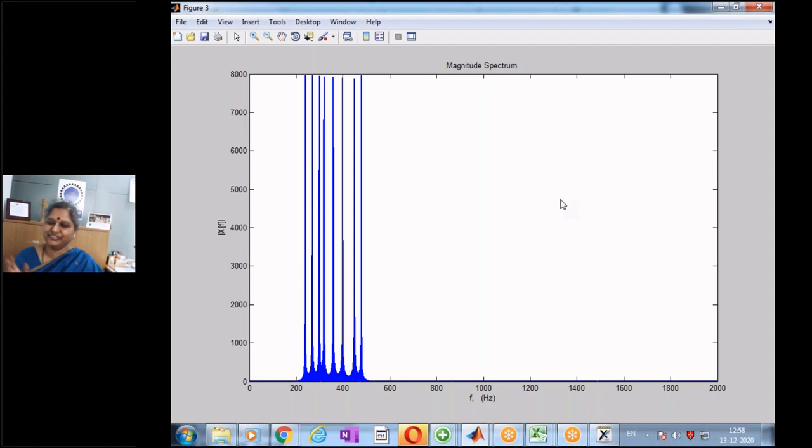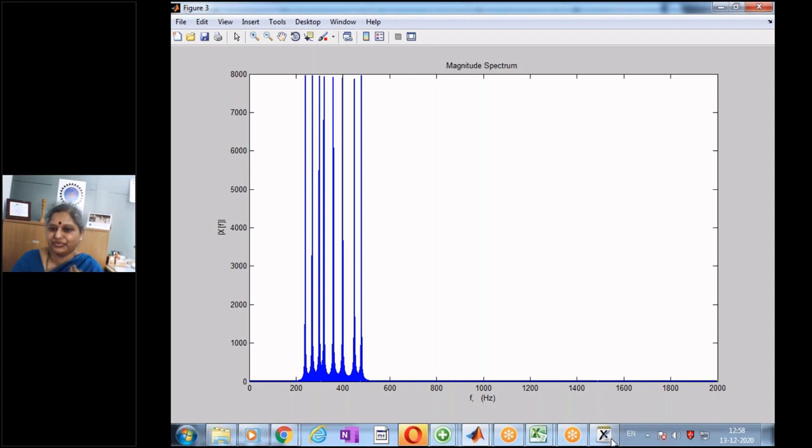So now, we generated a few low frequency signals. We put them one after the other, and then we heard it. And now we also saw the spectrum. We get the same spectrum. We have taken 240, 270, 300, 320, and so on. These are the frequencies that we have taken, and we have got the spectrum and we heard it. So this is just to show that I can synthesize the sound.